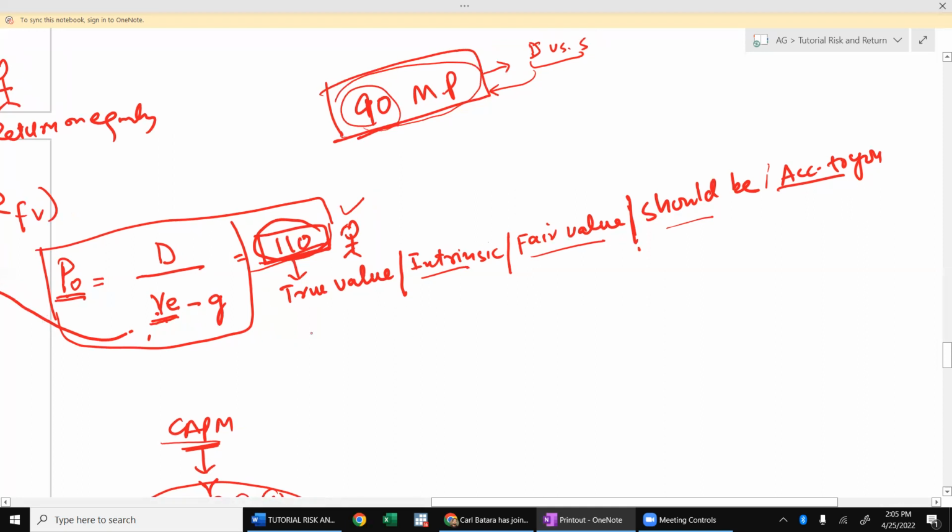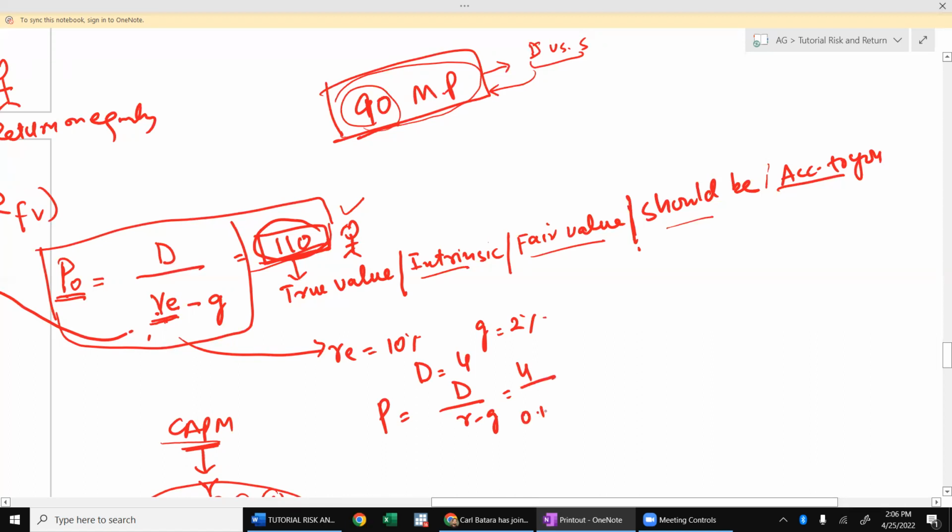Let me write some information for you. RE is equal to 10%, G is equal to 2%, D is equal to 4. So what is the answer? Can you calculate the answer for me, students? D divided by R minus G. Let's make it a real example so that we know what we are doing. D is equal to 4, R is equal to 0.10 minus 0.02. The answer is